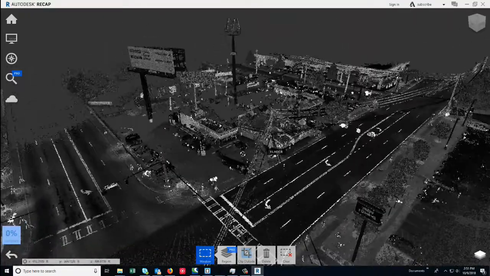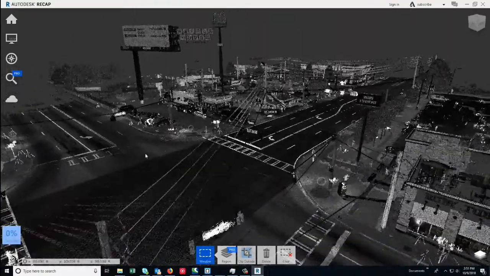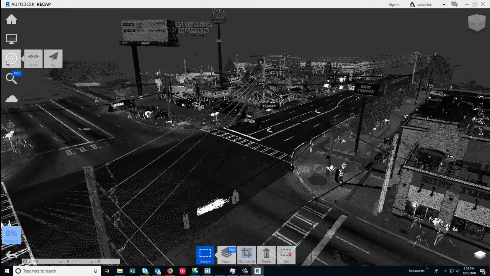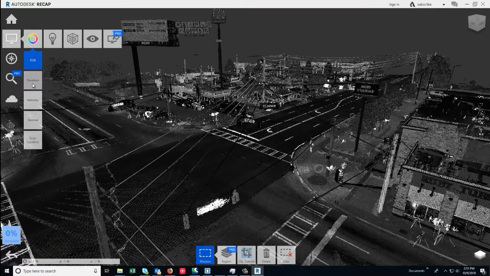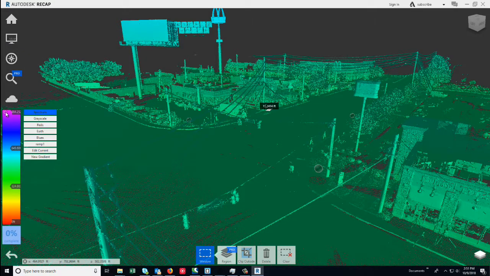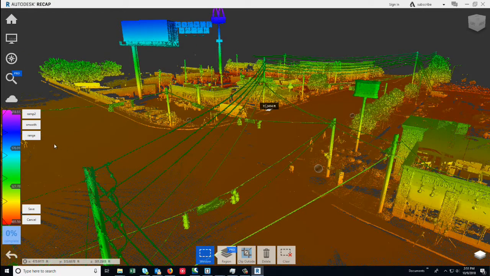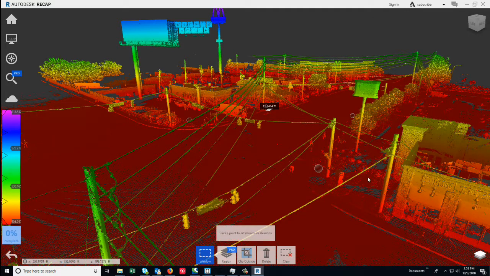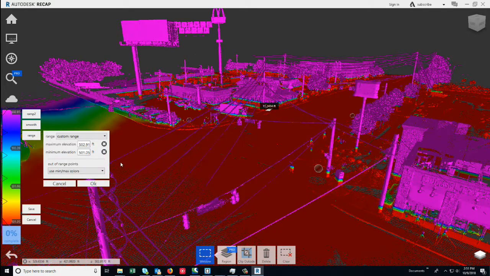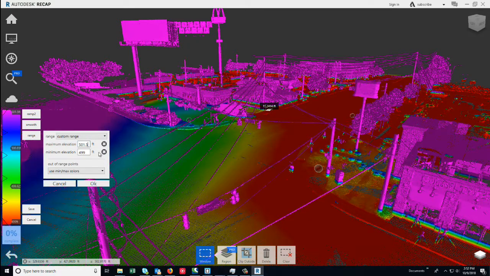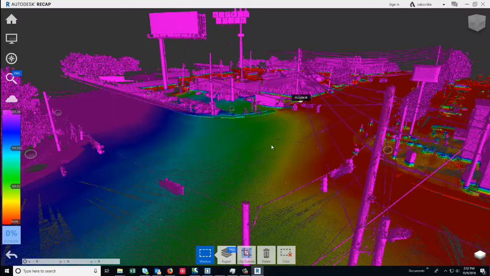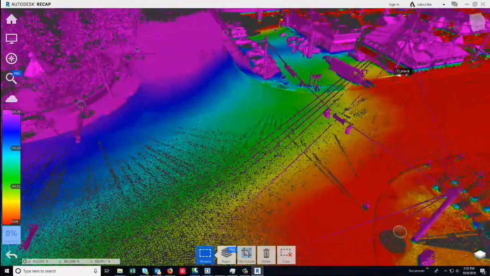And other things you can do, you can slice the cloud up if you wanted to see sections and things like that. One other coloring is if you do elevation view, you can select a new gradient if you like, and then choose the range and say I want the lowest point on, I'm curious what this intersection is doing with the grading. So that's the lowest point on that part, and I pick a little bit up this power pole. Maybe a little lower. Let's go to, I'm going to say 499, 501.5,